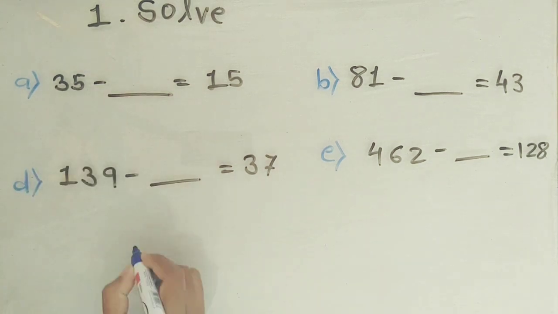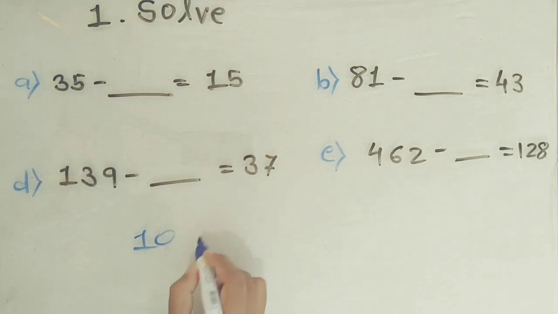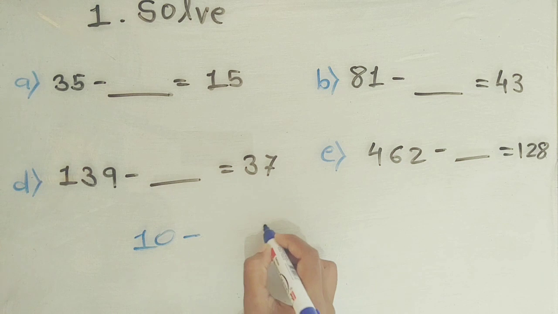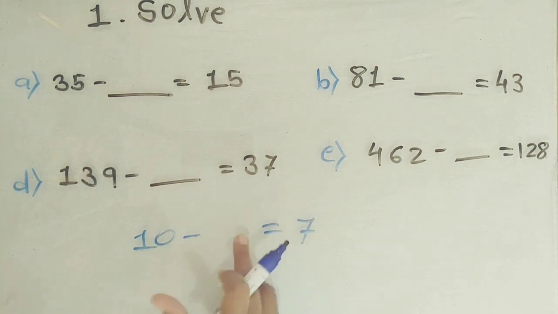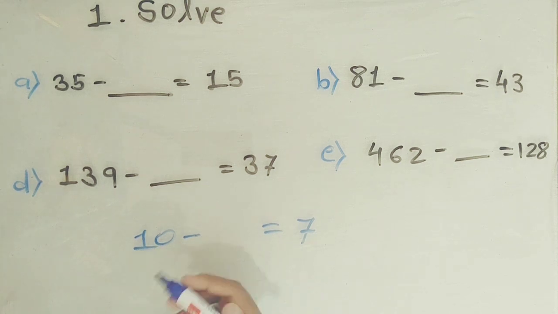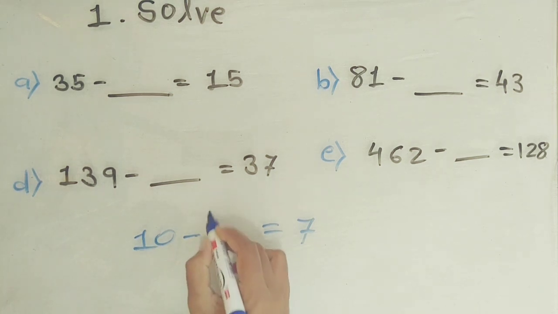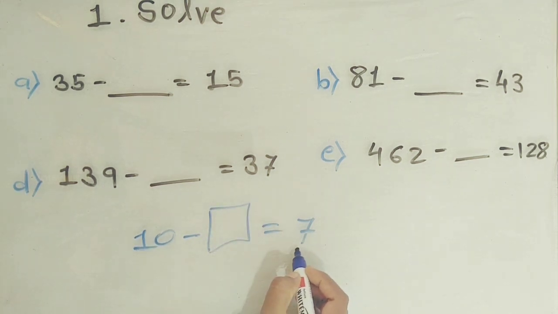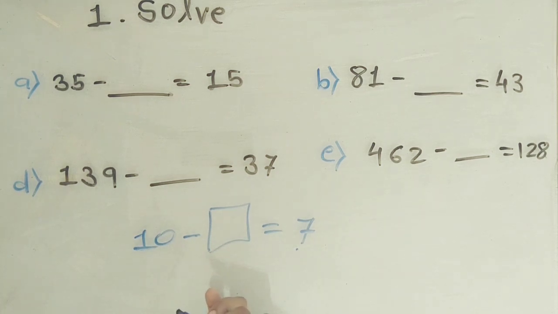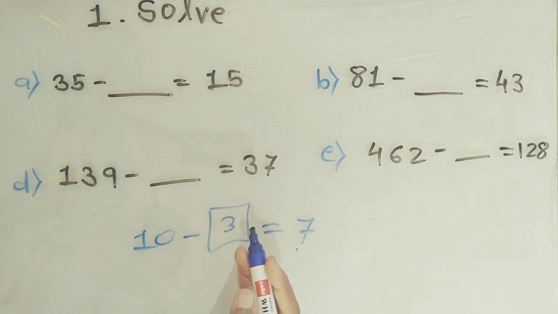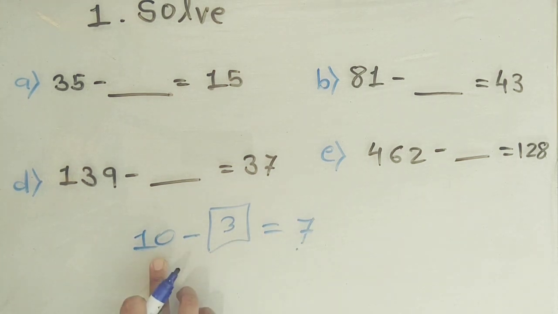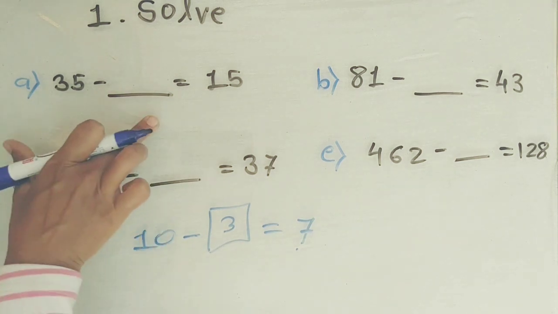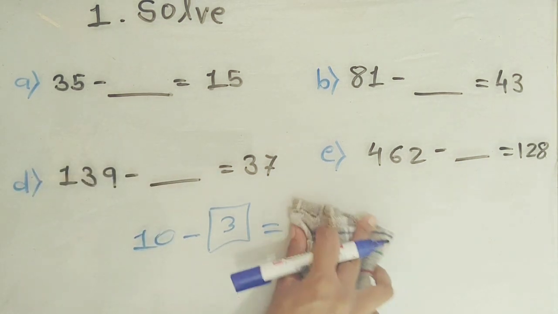Okay, as your mother gives you 10 rupees and you return her 7 rupees, how many rupees have you spent in the shop? आपने कितने रुपये खर्च करे हैं, अभी आपको फाइंड करना है. आपने 7 रुपीज आपके मम्मी को दिए. So how much have you spent, you will simply tell me 3 rupees. What you did, you simply subtracted this 7 from this 10. Same technique we are applying here. Like that only we are solving this problem.